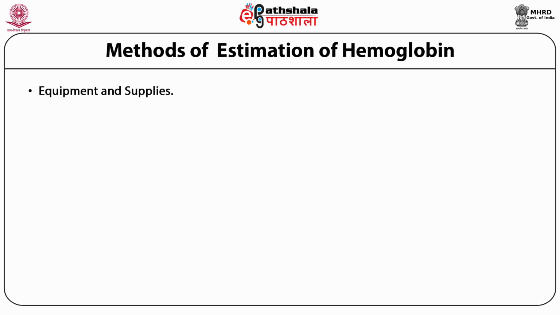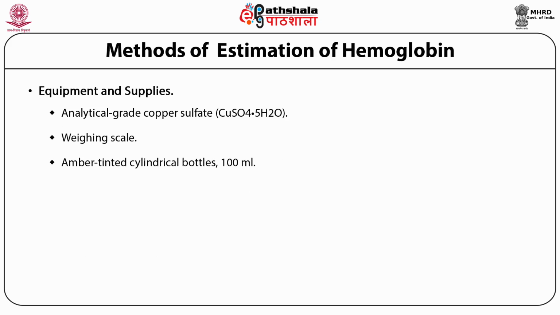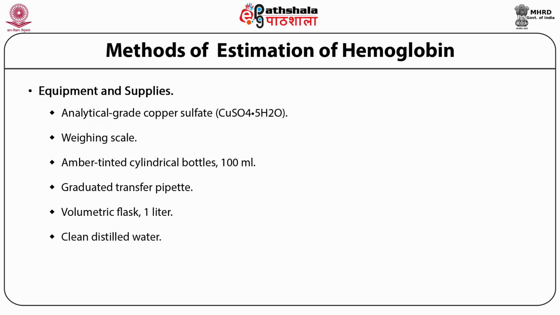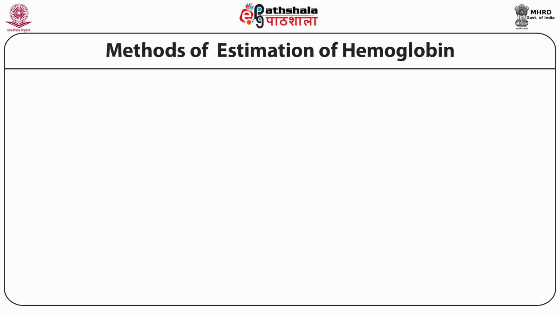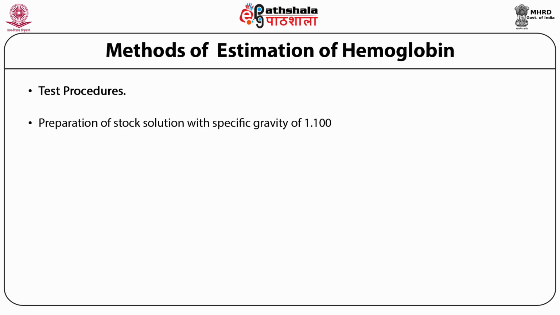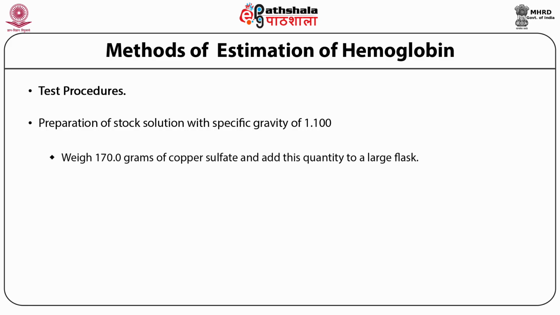The required equipment is analytical grade copper sulfate, weighing scale, amber tinted cylindrical bottle, graduated transfer pipette, volumetric flask, clean distilled water, EDTA capillary collection tube, sterile lancet or needle and syringe. Test procedure: there is a need to prepare a stock solution with specific gravity of 1.1. The procedure includes weighing 170 grams of copper sulfate and adding this quantity